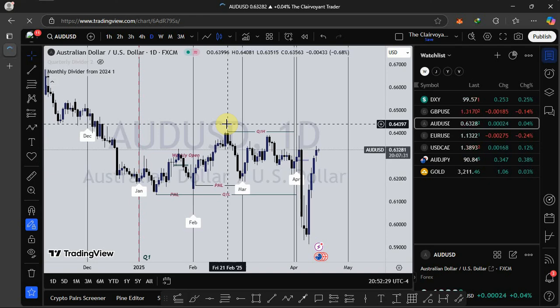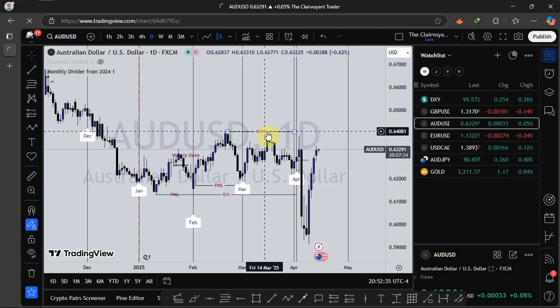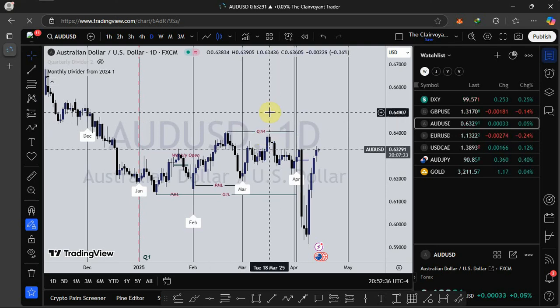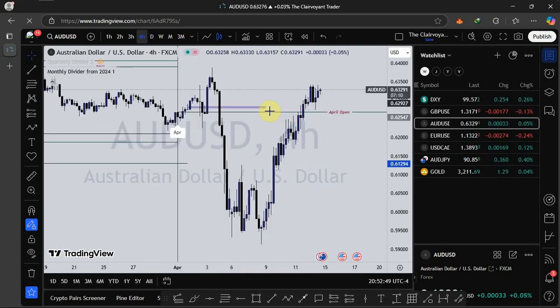These days the concept of correlation most of the time doesn't really line up as it's supposed to be, so whatever I'm giving out is based on price action. That is my expectation. I'm expecting to see price for AUDUSD push up, but it's all going to depend on this high we are seeing here.